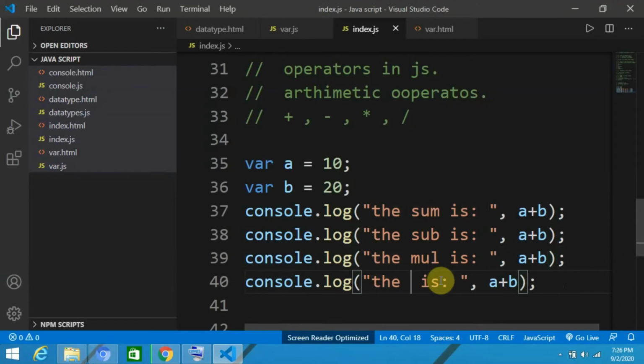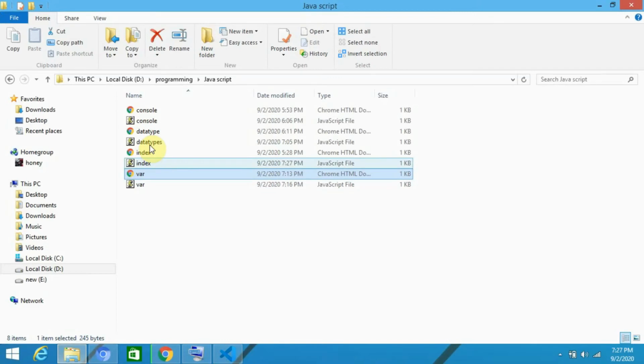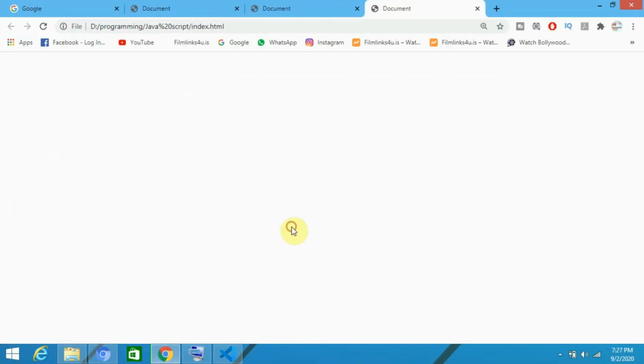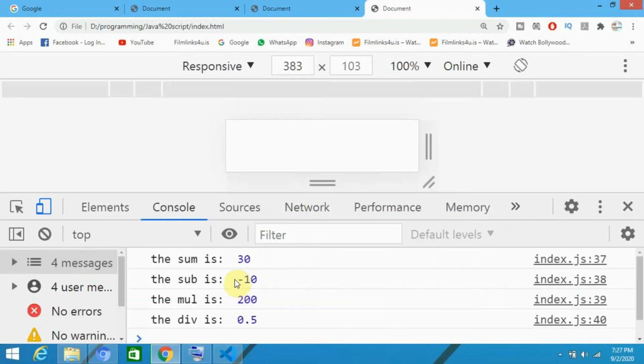And here we will use our symbols of minus, multiply and divide. Let's check its output, and here I have to open my index. Now let's check it in the console section, and here you can see the sum of a plus b is 30, and the subtract is minus 10, and multiply is 200, and divide is 0.5.